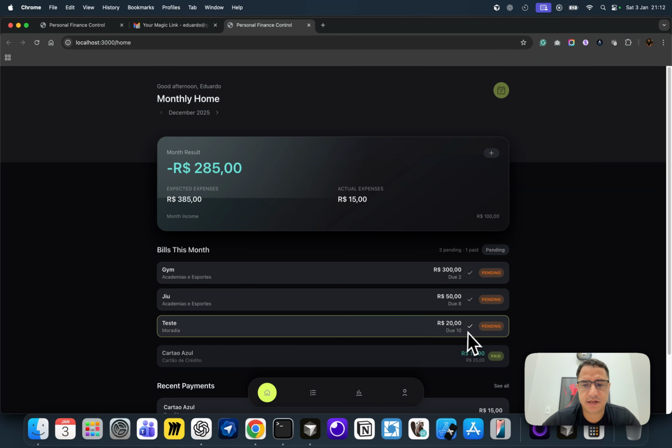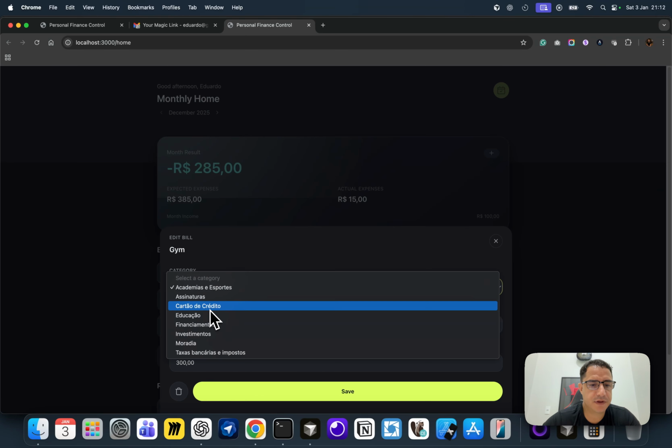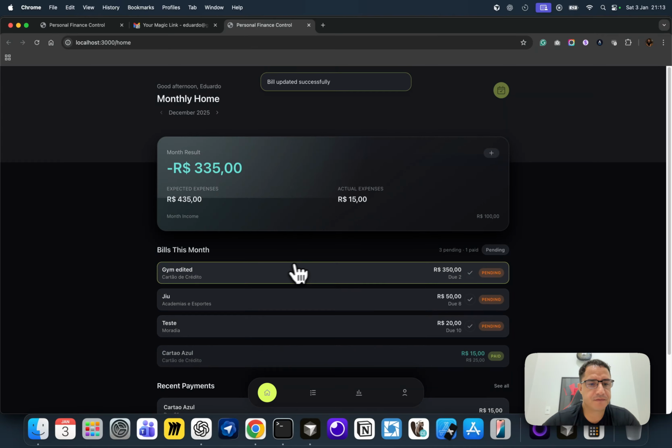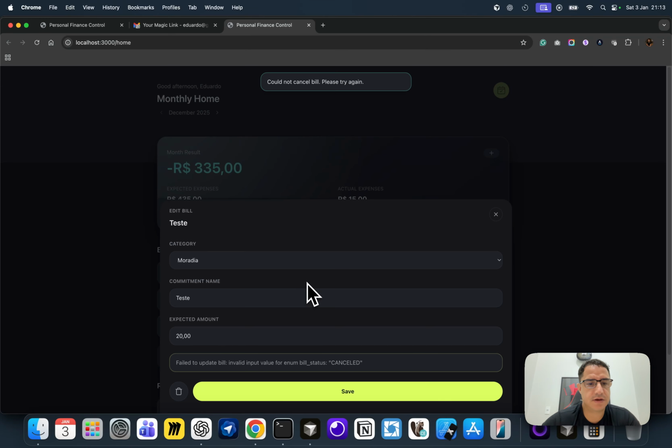I can edit, right? So let's see. I can edit. Looks good. I can change the category, gym edited. Let's pay a little bit more for that, and I can hit save. So gym is edited. The values are changing correctly. So now let's cancel a bill. So okay,